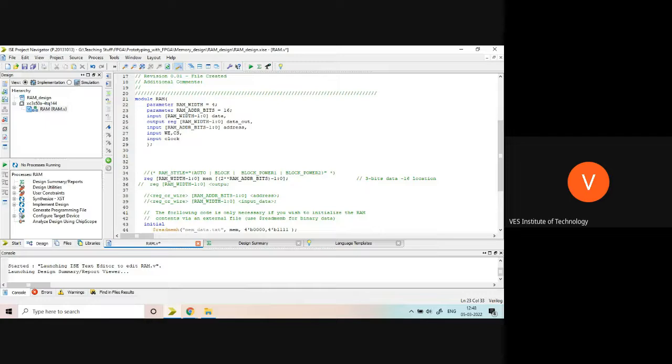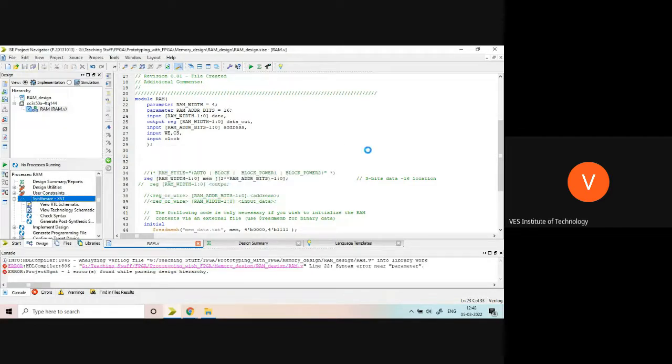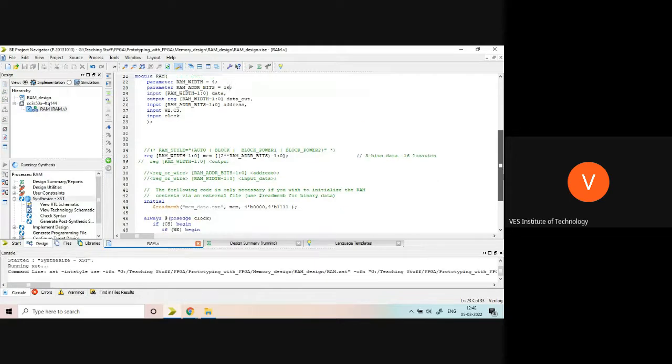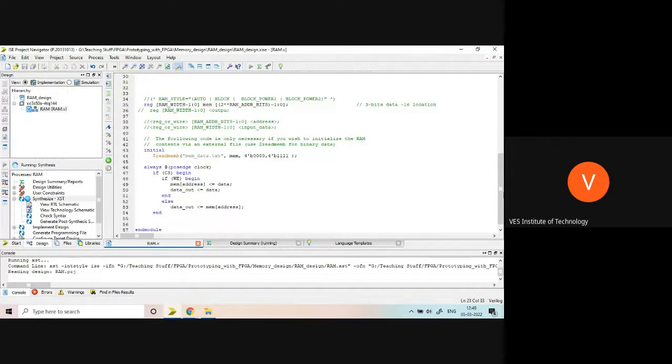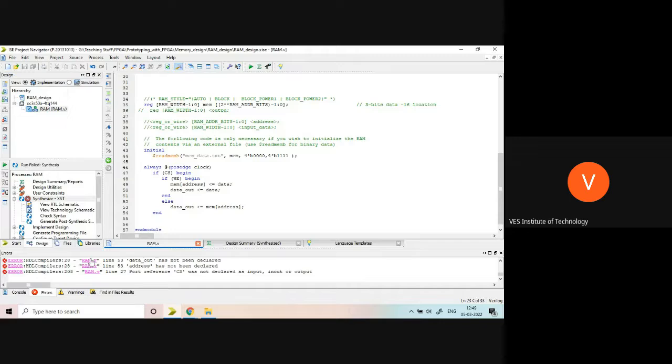Okay, so now we will try to synthesize it. Let's see if there is any error. I will save it and synthesize it. I have not removed anything. I have not written anything from my side. You can see that. So nowadays tools are very good. They will help you to find errors also. Data out has not been declared.